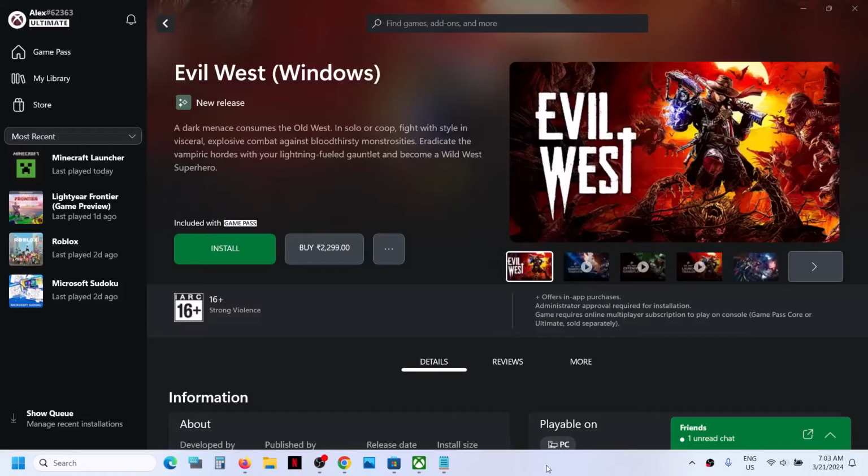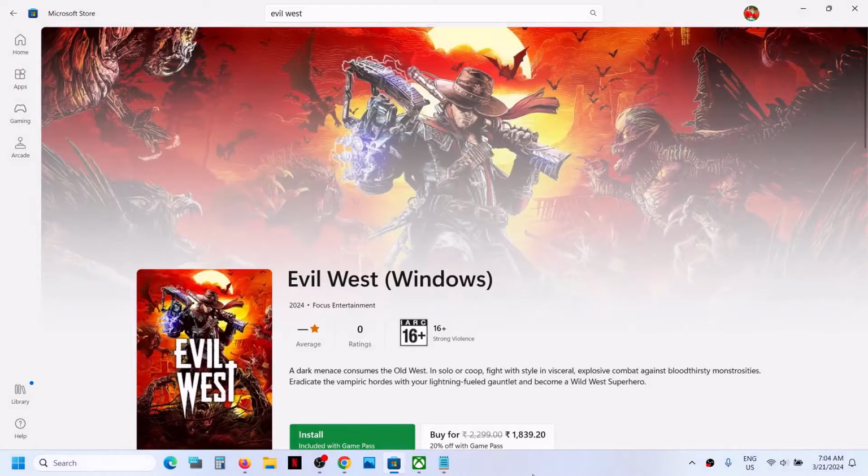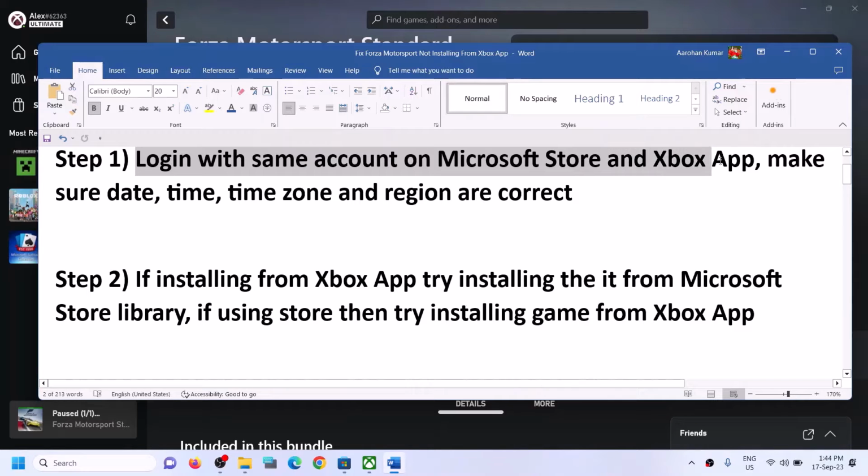Today in this video I'm going to show you how to fix when you're unable to install Evil West game from Xbox app, or if you're unable to install it from Microsoft Store, then please follow the steps shown in this video. The first step is to log in with same account on Microsoft Store and with same account on